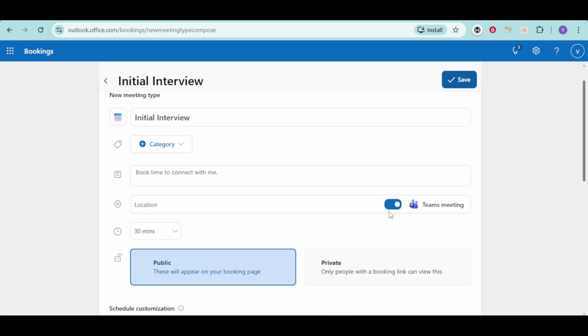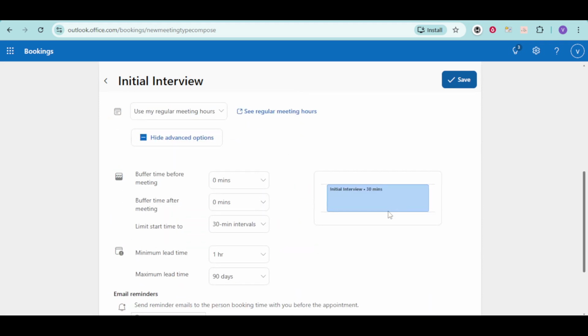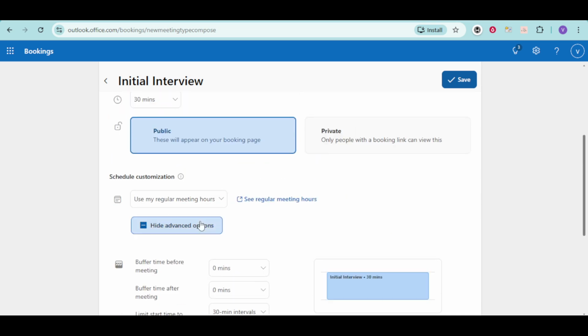confusion or missed calls. After that, head to the availability section for this meeting type. Here, you'll decide when candidates are allowed to book time with you. Set the availability to use regular meeting hours. This tells Microsoft Bookings to follow the standard working hours that you've already defined in Outlook. It keeps things consistent and prevents interviews from being booked outside your normal workday unless you deliberately change those hours